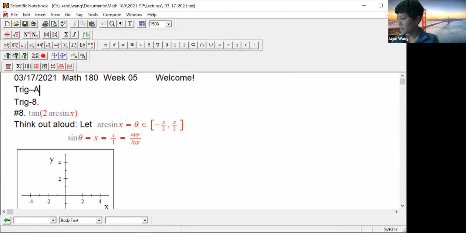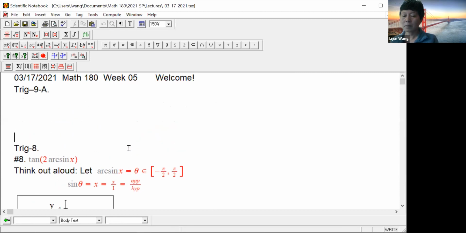Oops, the font has changed. Okay, trig 9a. Since we mentioned the formula diagram, in your calculus 2 there will be a section that requires you to be able to simplify these trig expressions in order to complete the integration. For example,